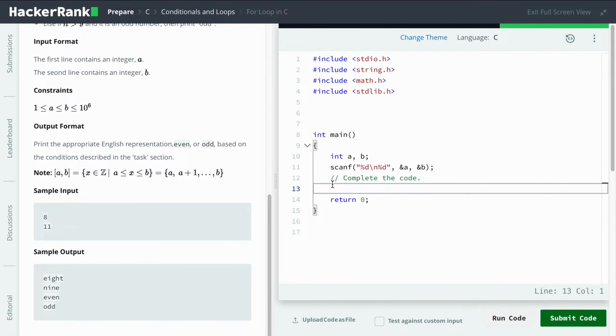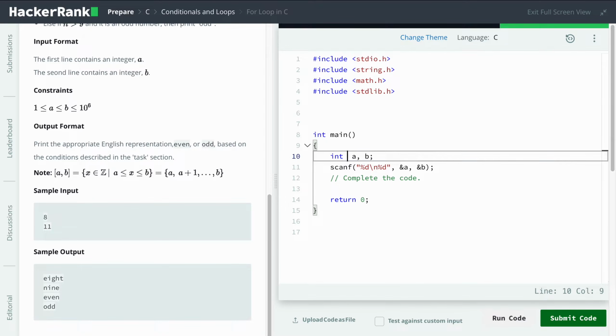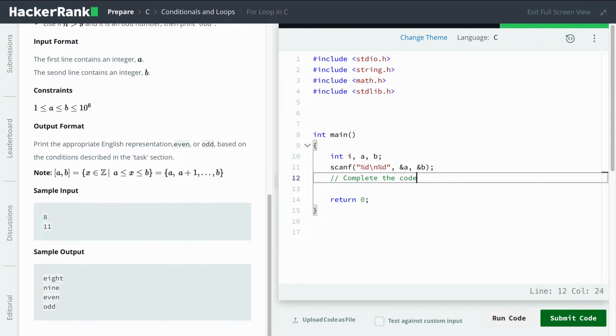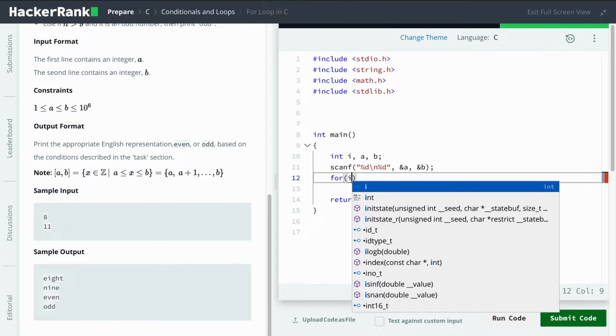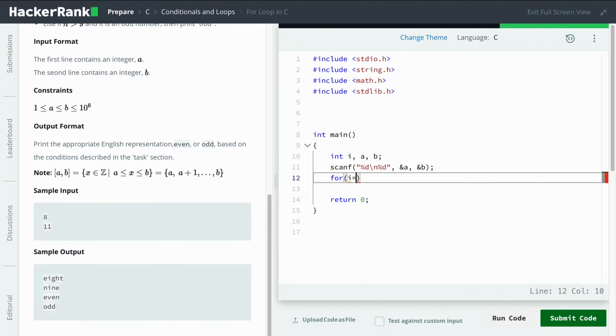So what I'll do is I'll take a letter I. Let's declare I. You can declare it here or you can declare it there itself. Let's declare I. I'm removing all of this. From here we'll start a for loop where I will take I and initialize I equal to